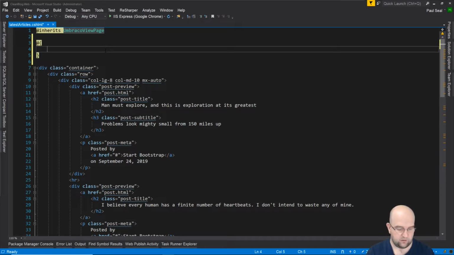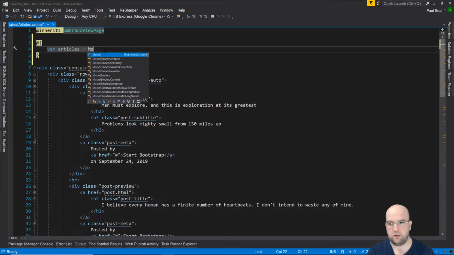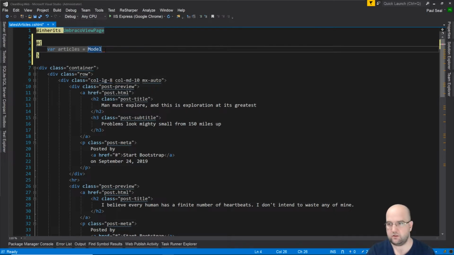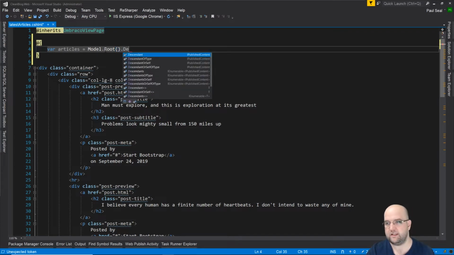So we do var articles equals Model, the current IPublishedContent, dot Root, that will take you up to the top level, so that will actually do a call to AncestorOrSelf 1, which is home. So within the scope of this site, then we want to do Descendants,